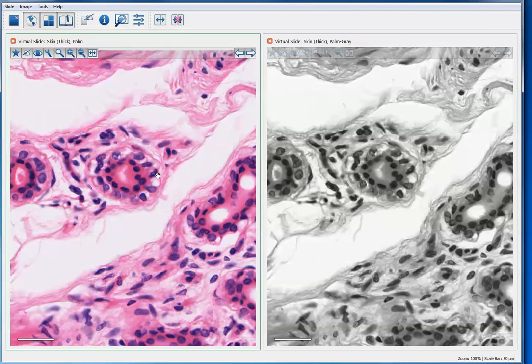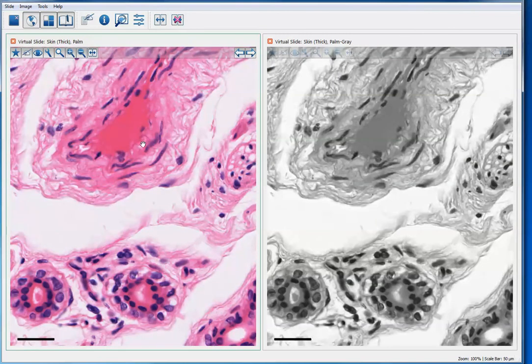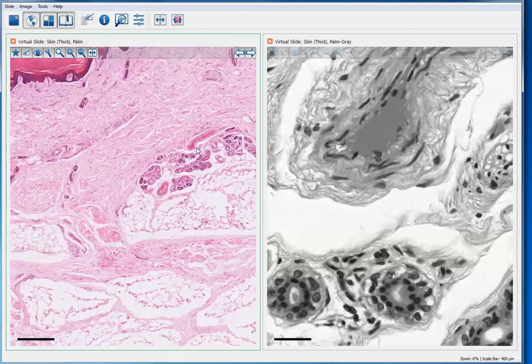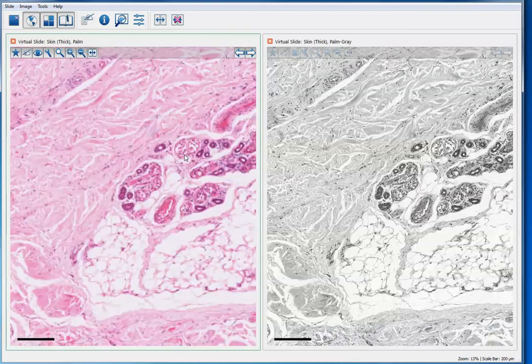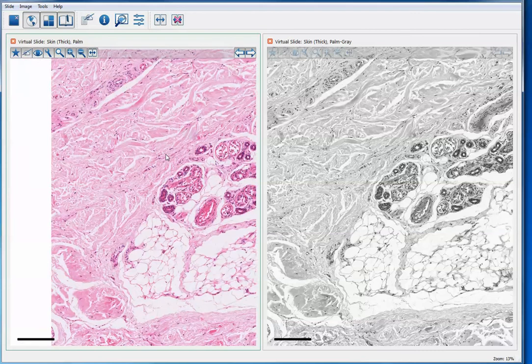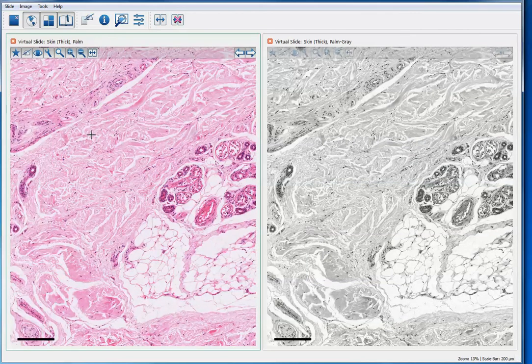And then if we move up to this smooth muscle, which you're studying now in Module 2, you can see the elongated nuclei of smooth muscle, and over here you see the same thing. And this is blood in here and blood over here. And if we now zoom in on the connective tissue,